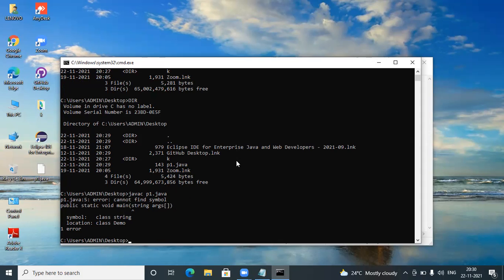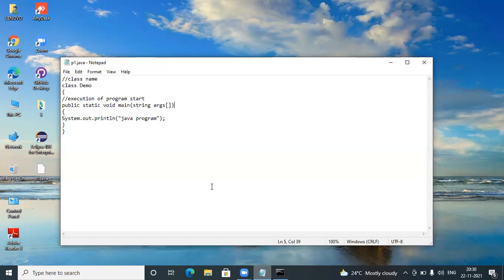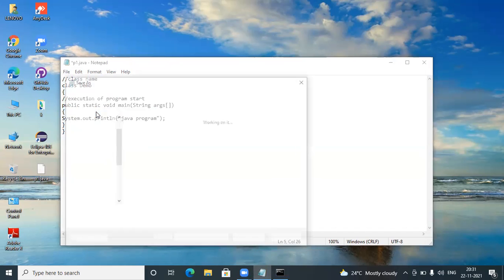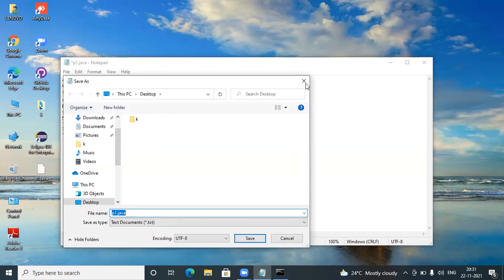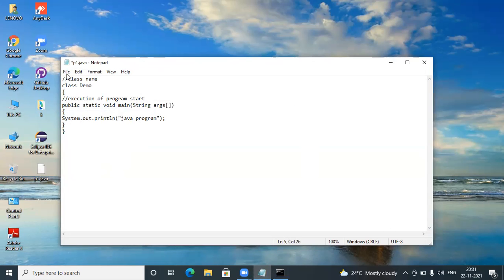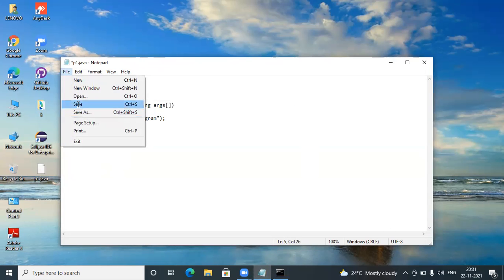Yes, sir. S will be capital. So change s to capital and save the file again. Change this s in String to capital and save it. File and save. No need to save as again. Just click file and save, so the same file will be saved.